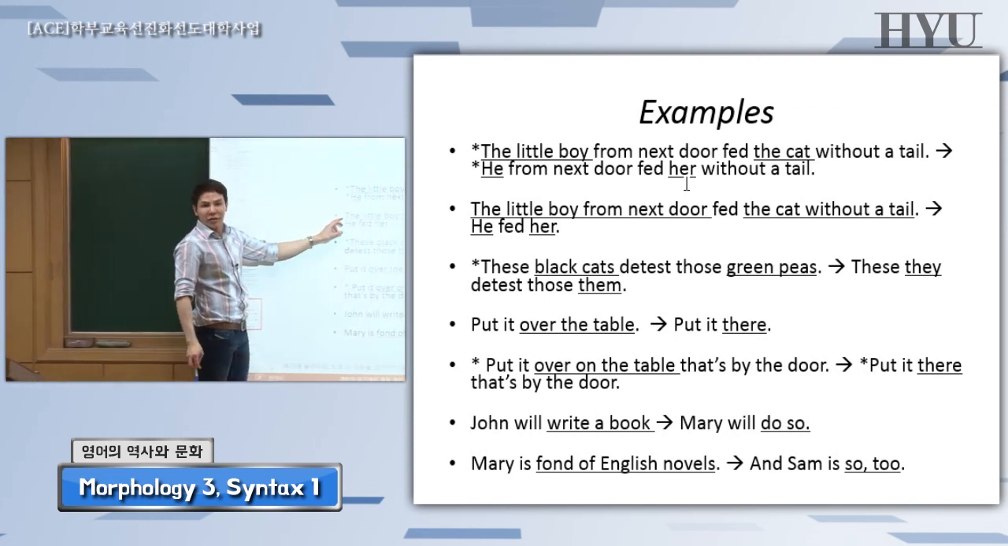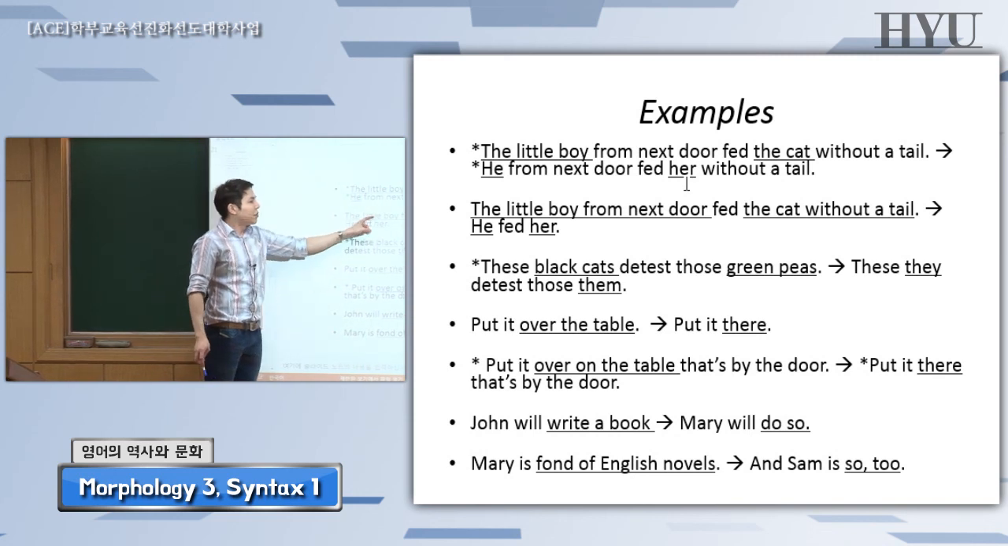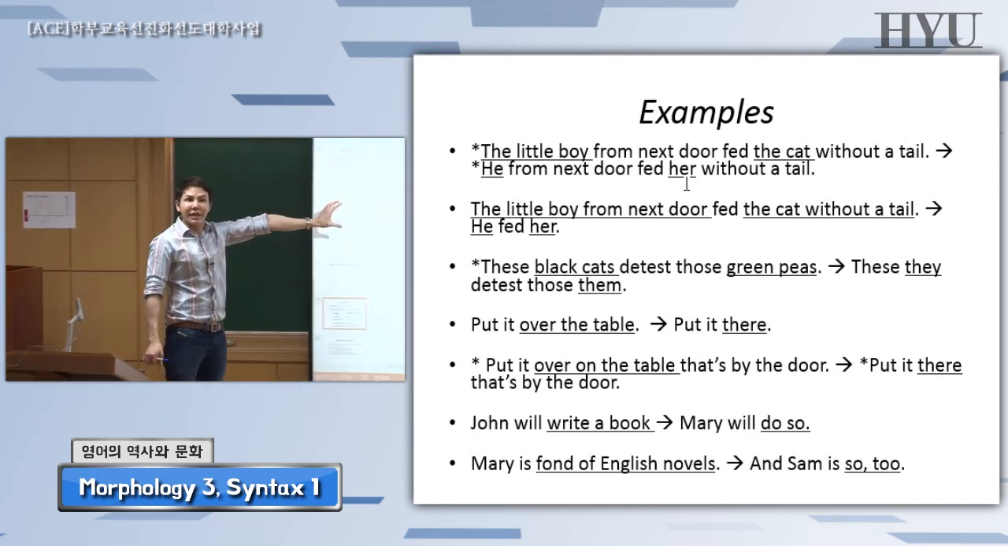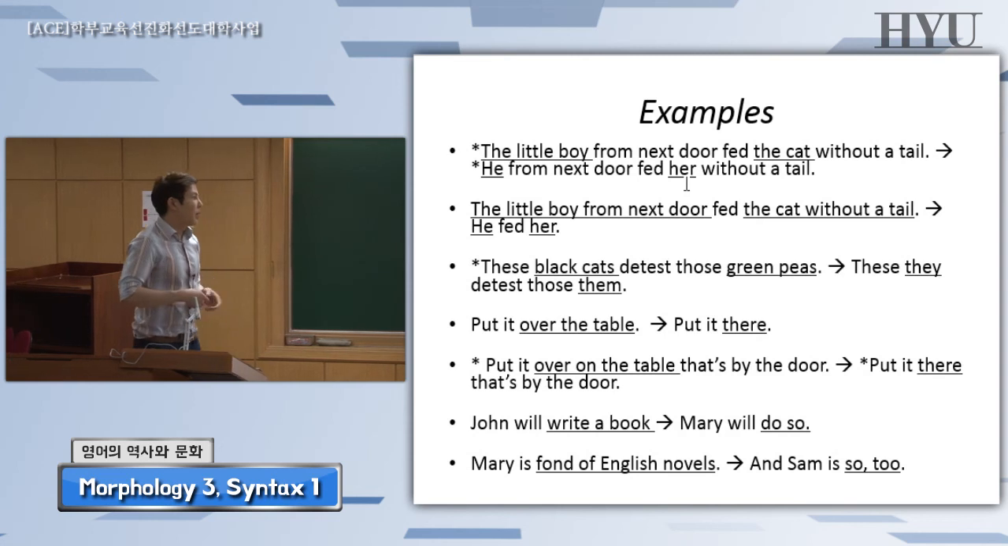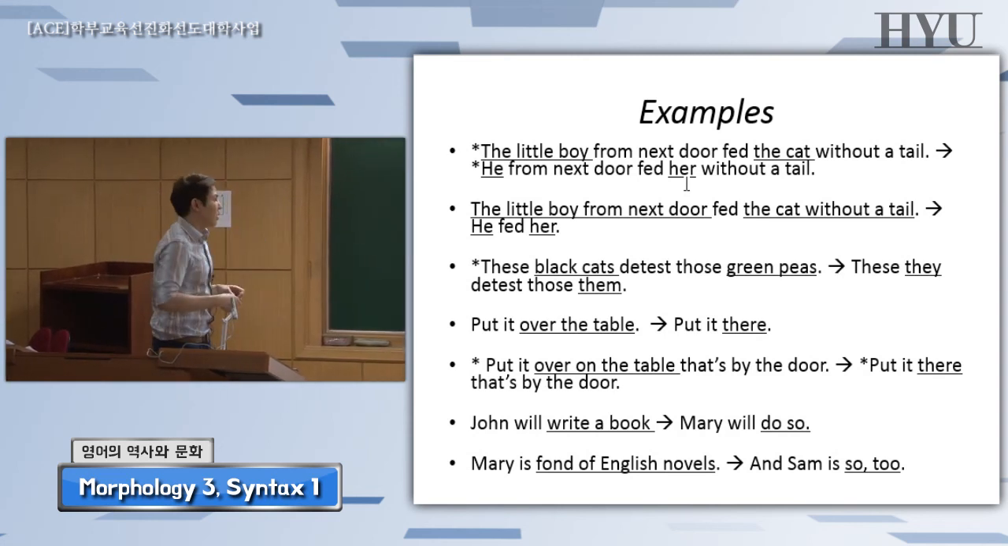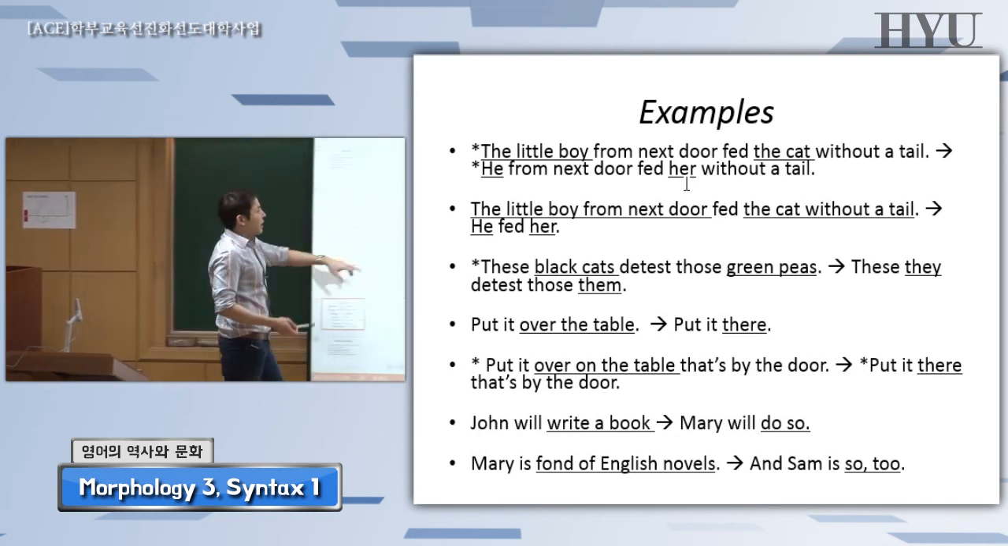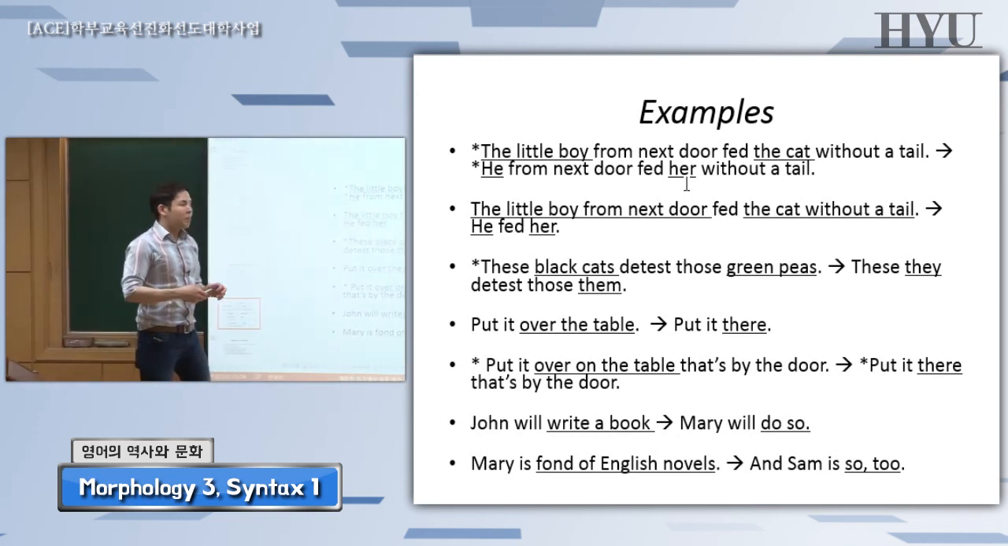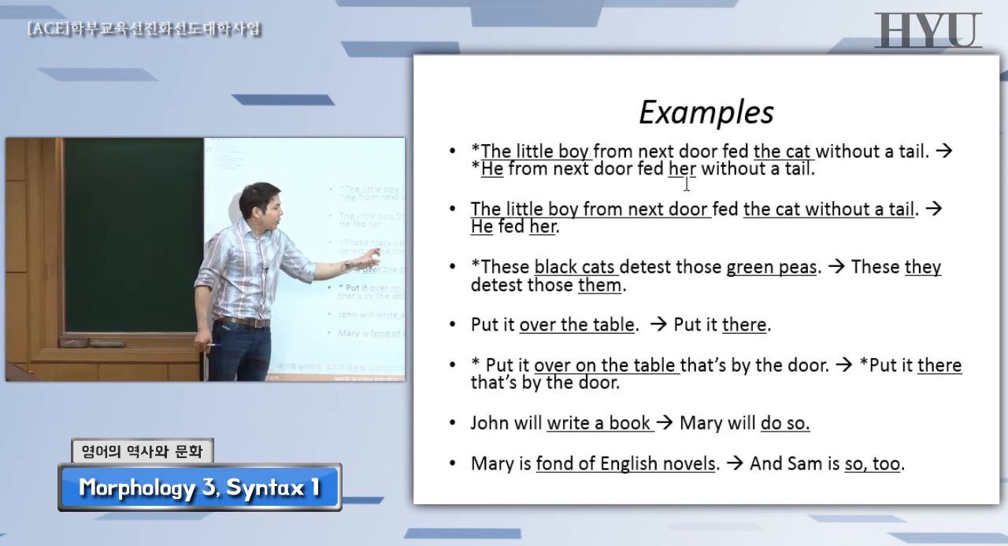Just like this one, okay? So this one, the little boy from next door is one phrase. In that sentence is one phrase, okay? One big phrase, one big constituent. And then the cat without a tail is another constituent. Or these black cats detest those green peas. I underline only black cats,